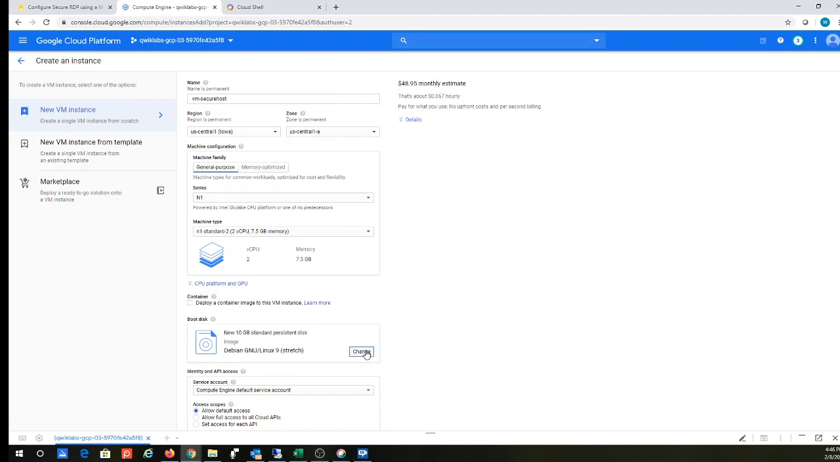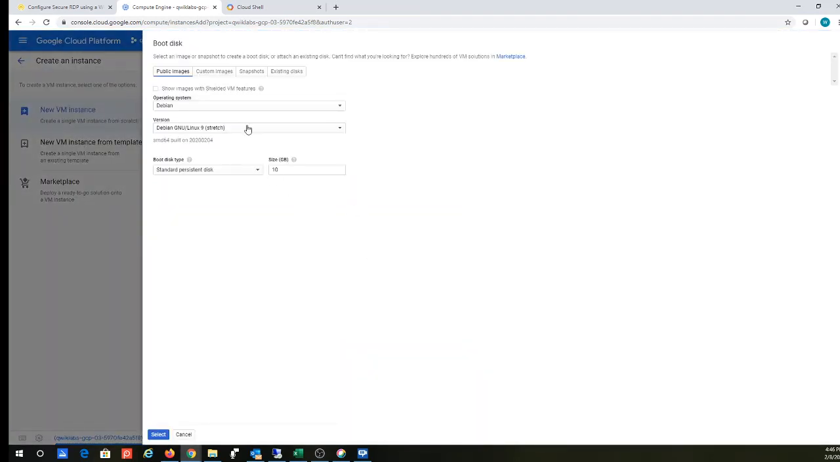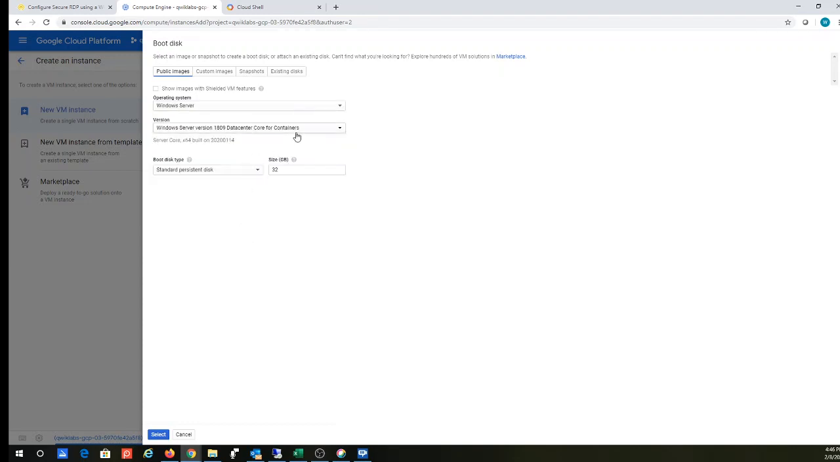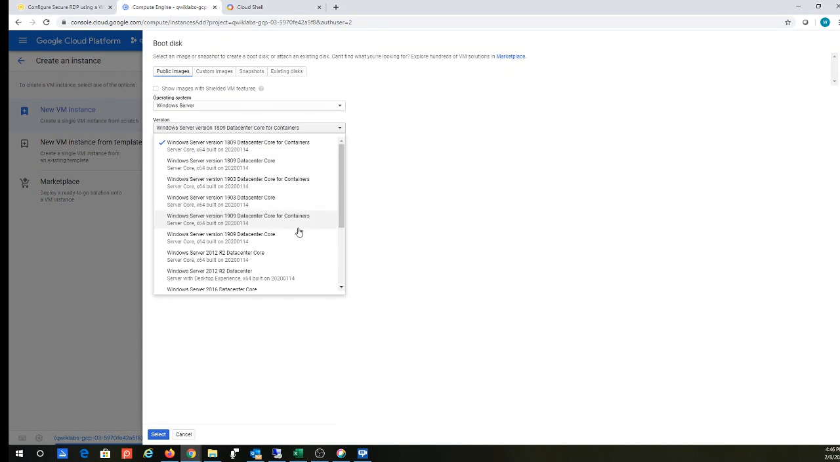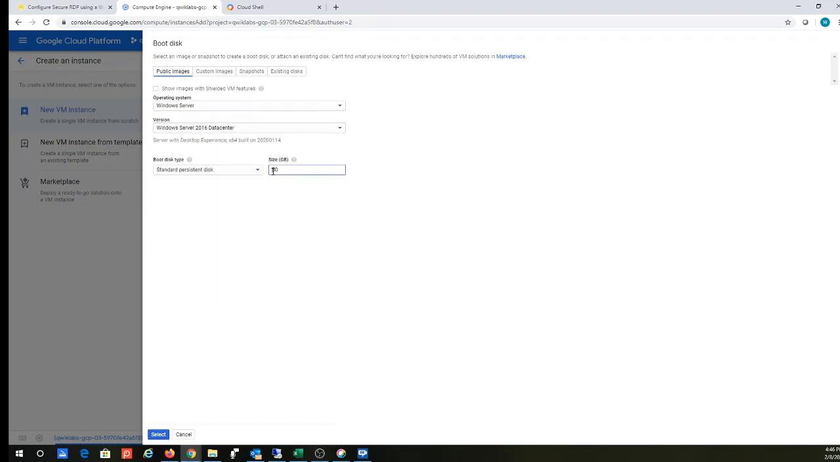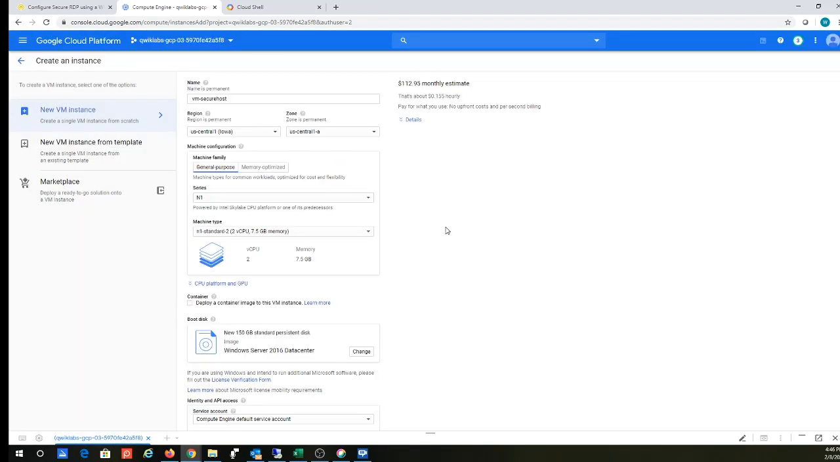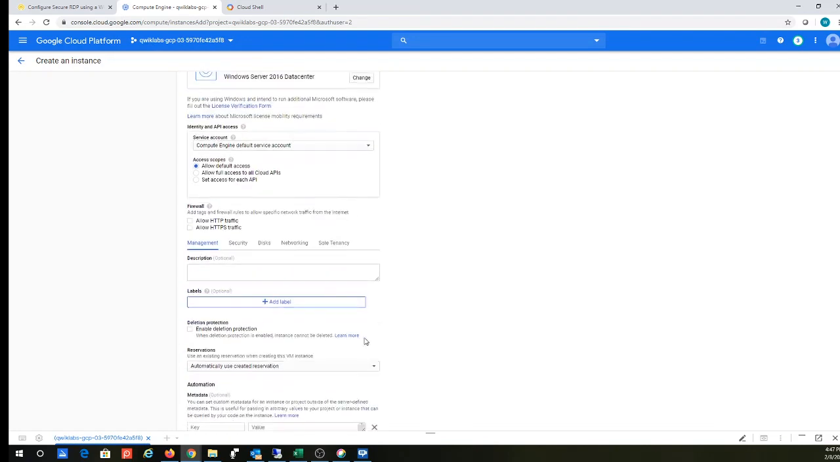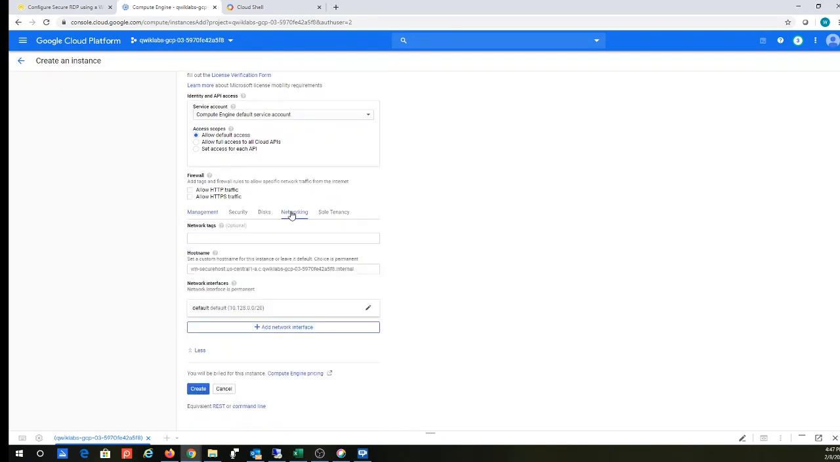And I'll change the image. Operating system, we go with the Windows Server. I'm going to choose Windows Server 2016 Datacenter. 150 GB, make it bigger, looks better. And then we click on management, security, disks, networking, sole tenancy. So we click on networking, we give our network tag RDP,